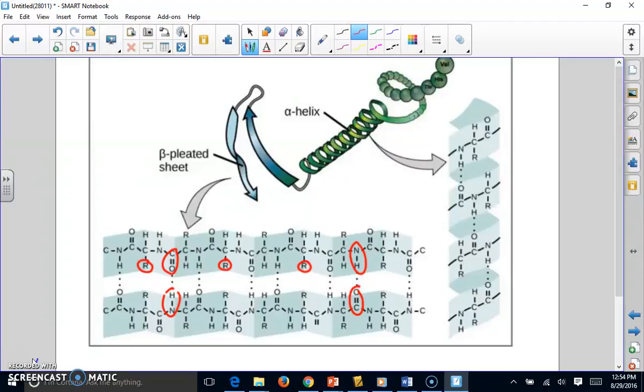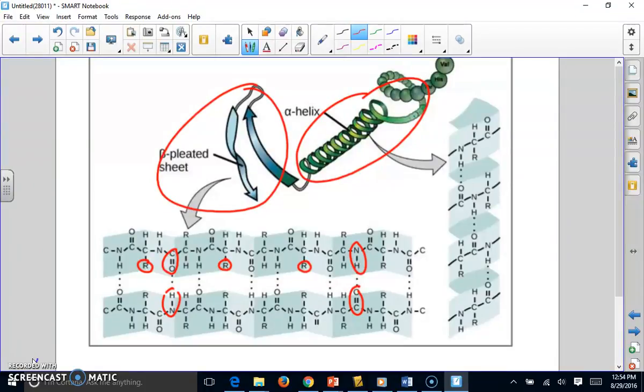And they form these interactions, and as a result, the protein folds, or forms a different shape. There are two main shapes that a protein forms in secondary structure. One is known as the beta-pleated sheet, which is here, and the other one is known as the alpha helix, which is here. Secondary structure, hydrogen bonding between backbone atoms, not R groups, okay, causes the formation of either a beta-pleated